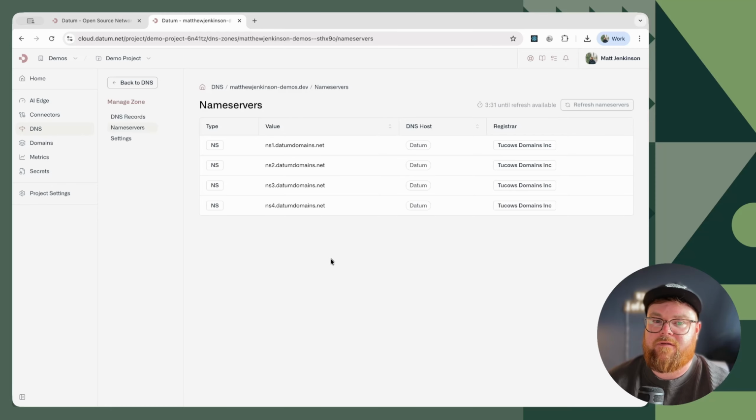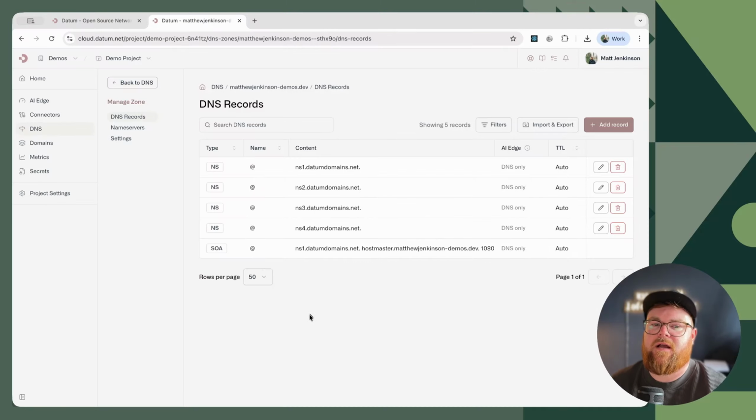Okay, so our name servers have been refreshed now, and you can see that they are associated with Datum. So we now have full control over this DNS zone. Next, I want to make sure I'm able to keep track of all my domains, DNS records, and everything else